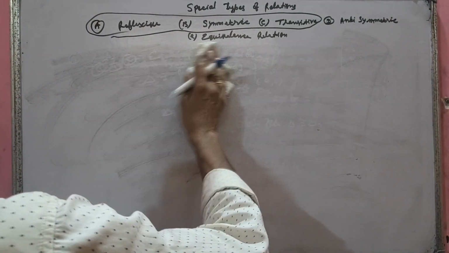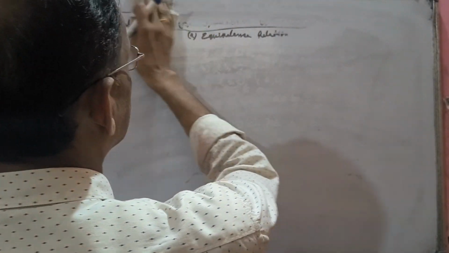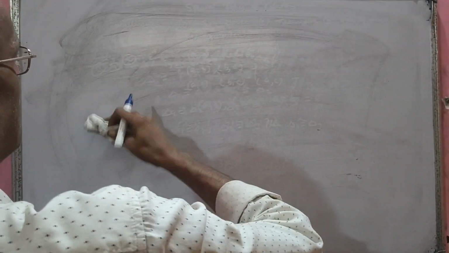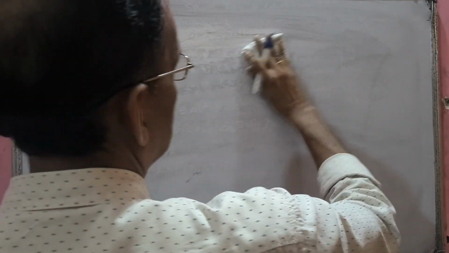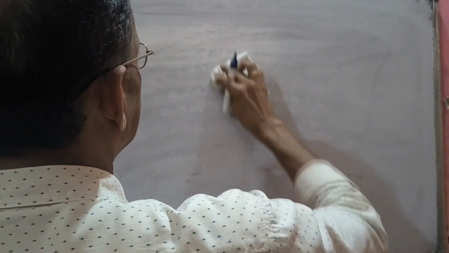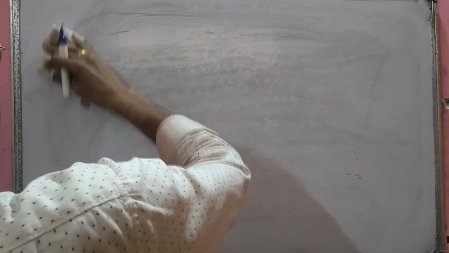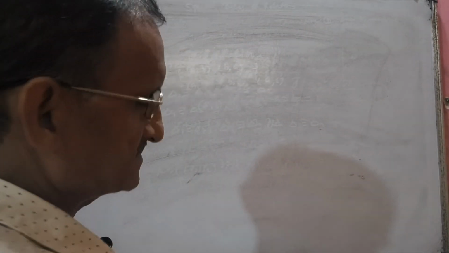So these are the special types of relation we have to do in Exercise 1.4, related to this only. So only the definition is not enough. I want to discuss a few sums to make these concepts clear. So please pay attention. See the exercise, Question number 1.4, number 1. These are all 1-mark questions. So you are not taking it seriously. Now I will tell you.